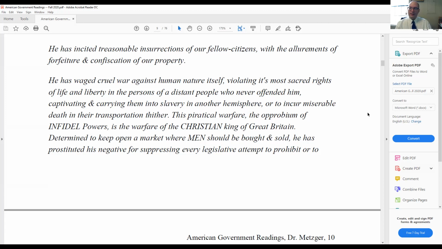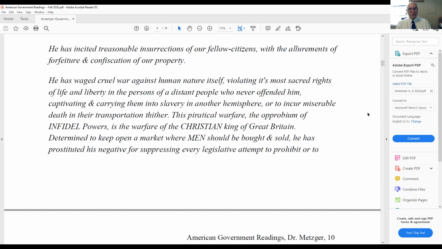This is when he lists, okay, we were just talking about the basic ideas, and then he says, hey, the British government, in particular the king, the executive who is acting as the head of the government, has acted in a way that has in fact been very destructive of these rights. Here's the evidence. And there's a long list of criticisms or complaints that we'll come back to in a second, because they are important, even though they can seem a little tiresome, and you may not quite see what the point is of reading all of them. We'll come back to that in a minute.